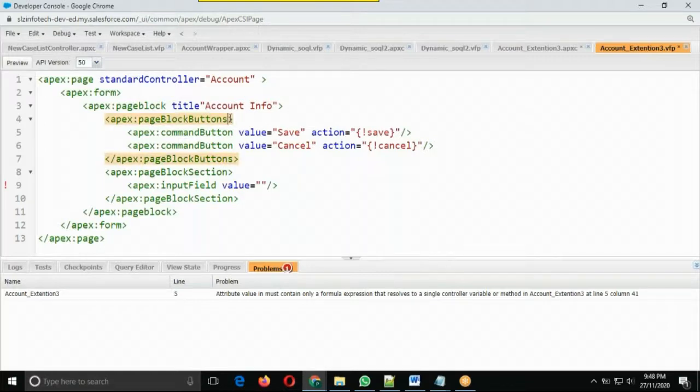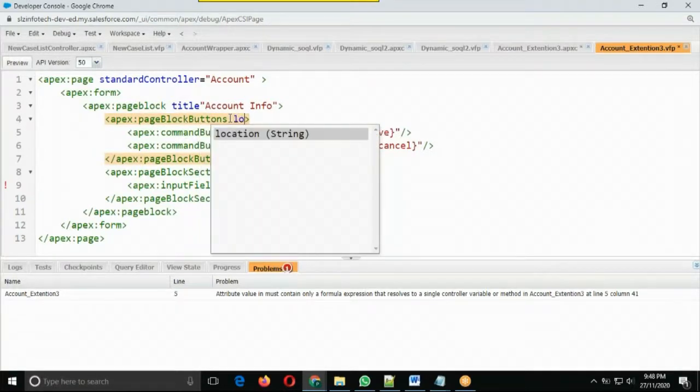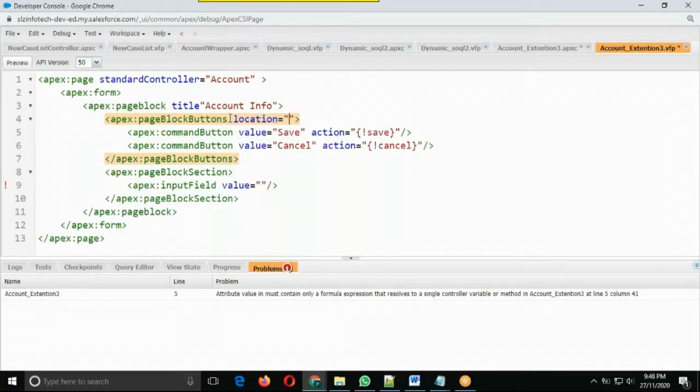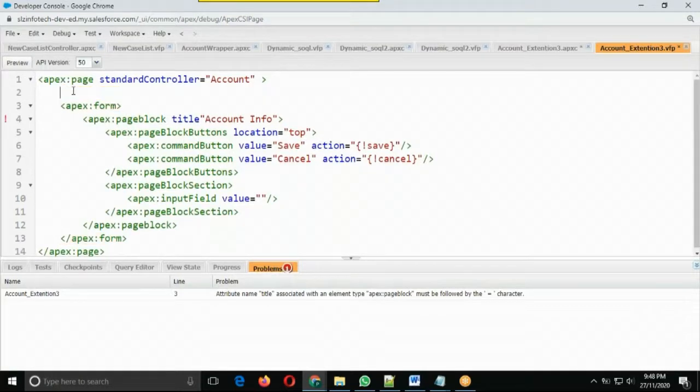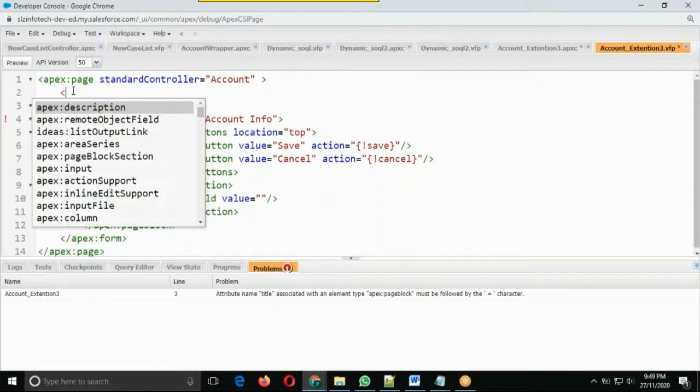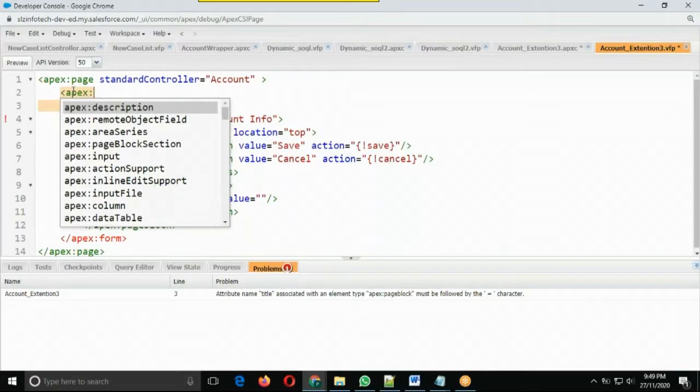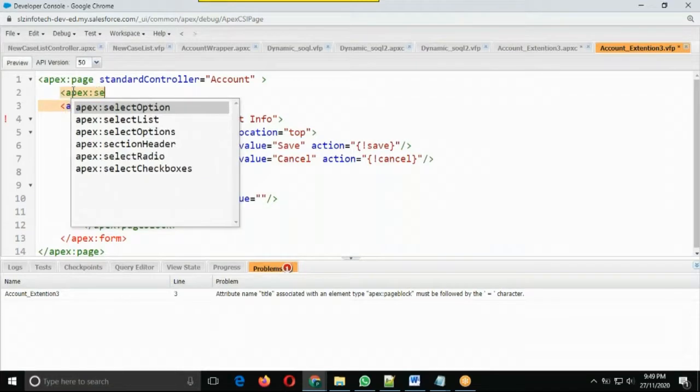Then put location. Input company name. Section.